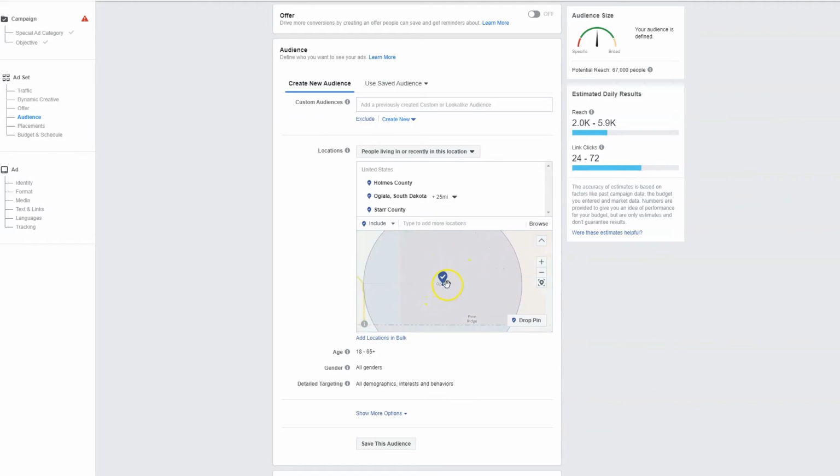So there's Oglala. It looks like it dropped it on the town of Oglala, but that's fine. That's also the county there, and you could increase or decrease your radius as much as you want in this situation. So that brought our audience reach up to 61,000. We could run an ad right now to these people just based on their locations, and we would know that